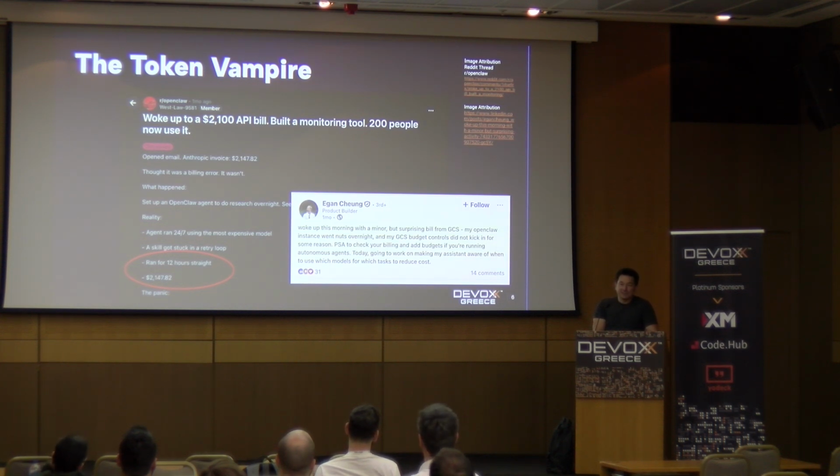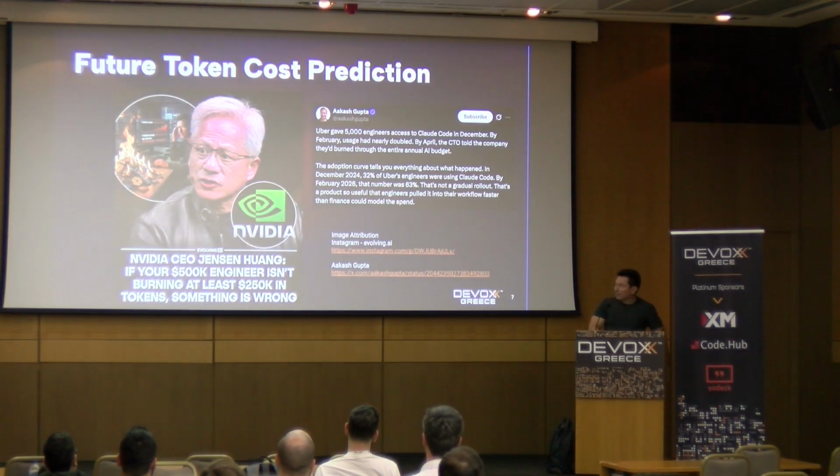And I think that might foreshadow some of the stuff that we're going to talk about today. You probably also heard this too, right? This was around NVIDIA GTC. Jensen Huang basically said, if your top AI engineers aren't burning $250,000 in tokens a year, then there's something wrong. And I think this might foreshadow some of the stuff that might be happening, especially towards the end of this year and the beginning of next year.